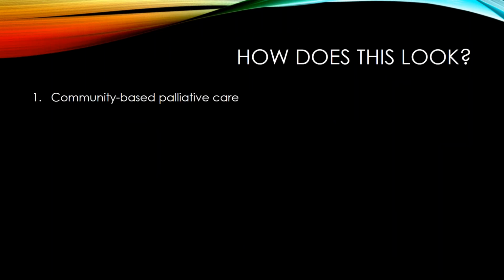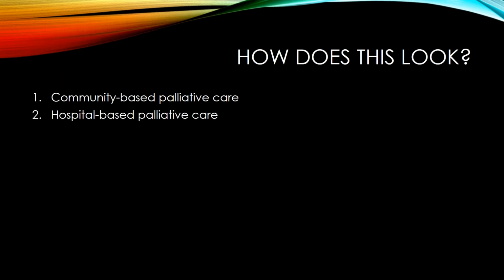So how does this look? As I said, palliative care can be provided community-based, where a team can come to the home. They typically don't come often. They come, at least in my experience, every 4 to 6 weeks. Usually a nurse practitioner will come to the house, check vital signs, review symptoms, medications, and check in and see if additional help in the form of a social worker might be helpful. And it's not a lot of frequent visits, but they are there as another layer of support, another set of